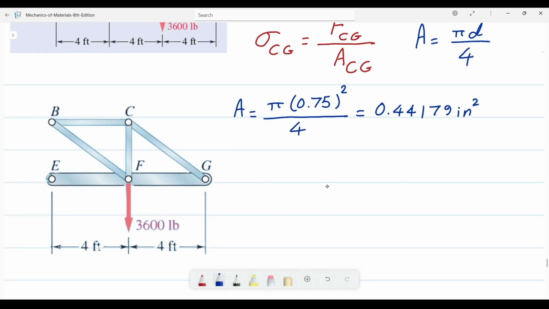We're using portion EFGCB as free body diagram, and equation sigma Fy equal 0 to find one of the forces. That means minus 3,600